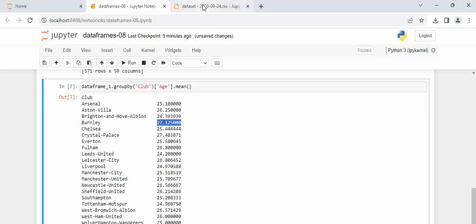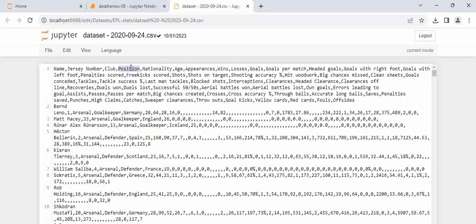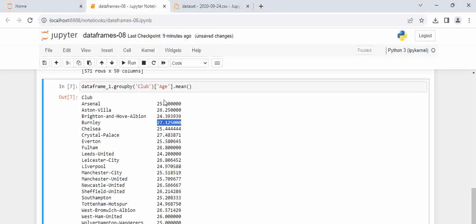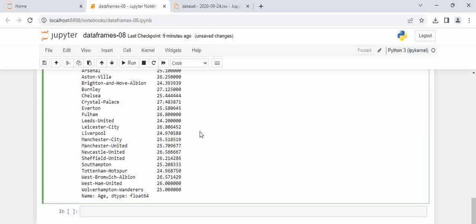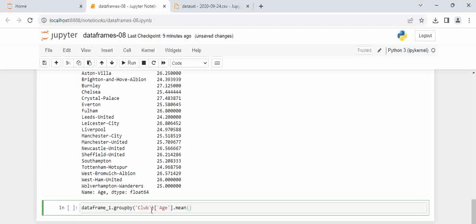Now we took club here. If you want to know the average age by club and position, that means what is the average age of defenders in Arsenal? What is the average age of strikers, forward players in Arsenal? What is the average age of midfielders in Arsenal? Let us try to calculate that. For that, we have to give two parameters here, and one is club, and we are also going to give